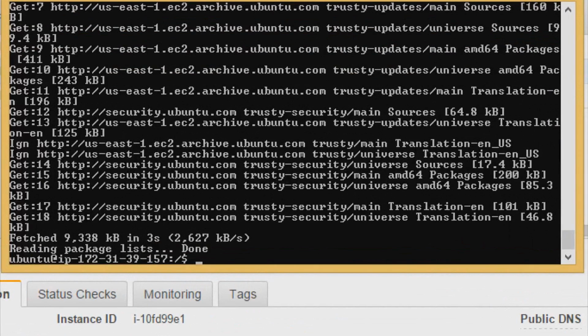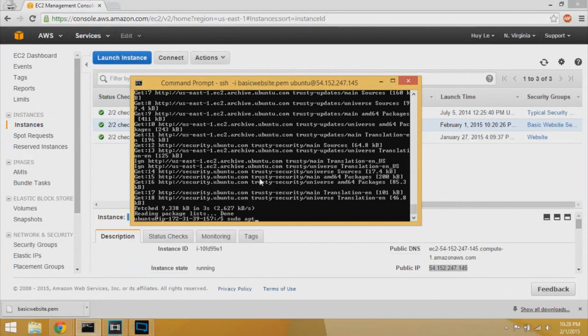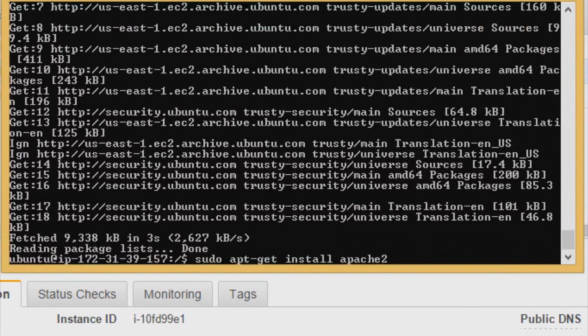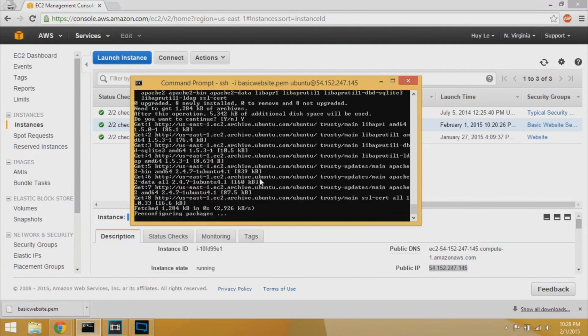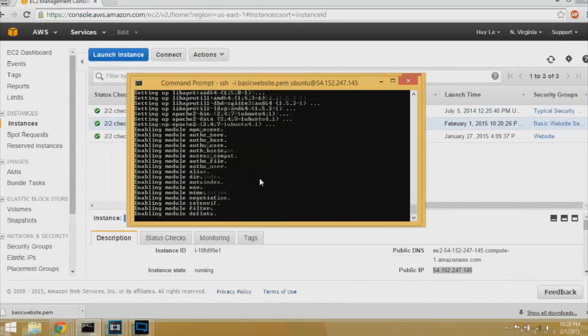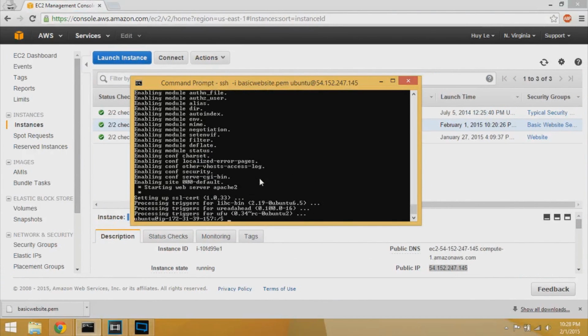So once package lists are updated, we can get the next package, which is sudo apt-get install apache2. So we're getting the library for Apache 2, and install is just installing that library. So we're going to press enter, then you enter Y, and it's going to install Apache 2. For websites, you always need Apache 2, or there's also Nginx. You can also use Node.js for a web server. Web servers provide a way of connecting your instance, your virtual server, to the internet, and it will be live